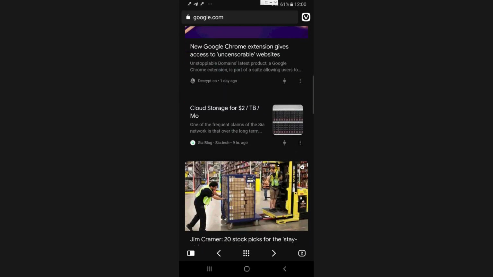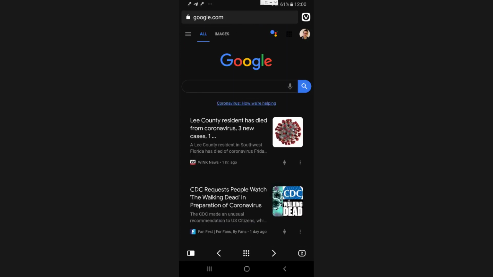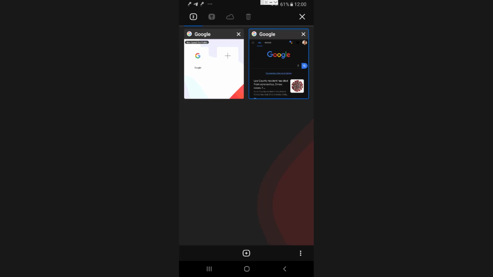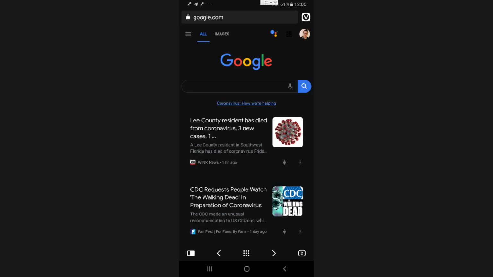Again, I'm going to go back and look into this one. Before this review, I would have said it was probably in my top 4 browsers that I use. It would be right there behind Kiwi. But at this point, it's still definitely in consideration. And I find that I go back and forth between a lot of different browsers. The ones that I'm most interested in right now is the Firefox Preview. I definitely go back to that one several times just to play with it, and I like what it offers there. I like Vivaldi,